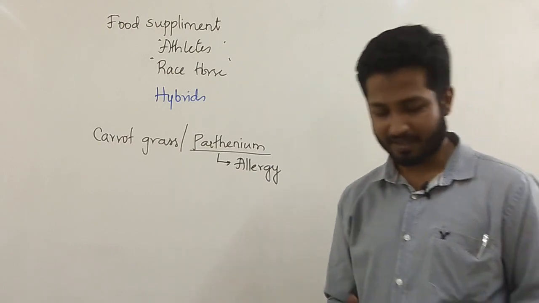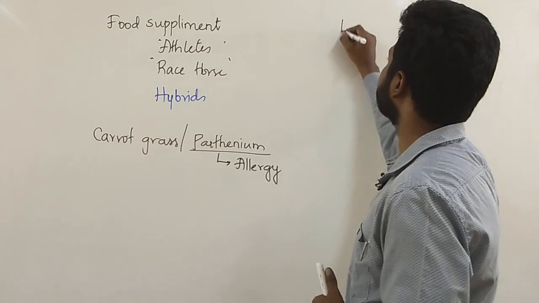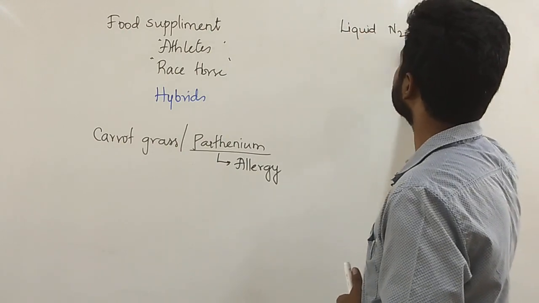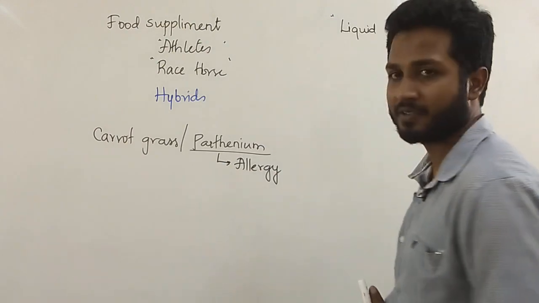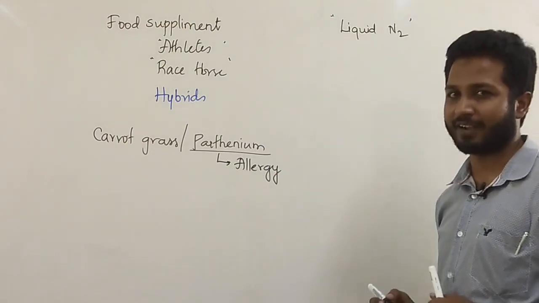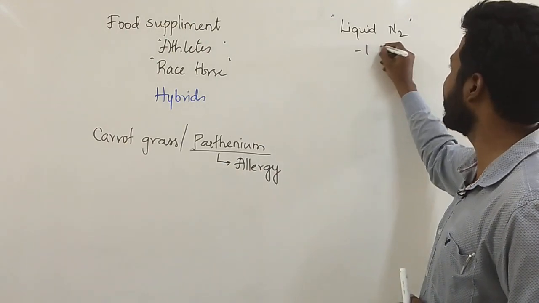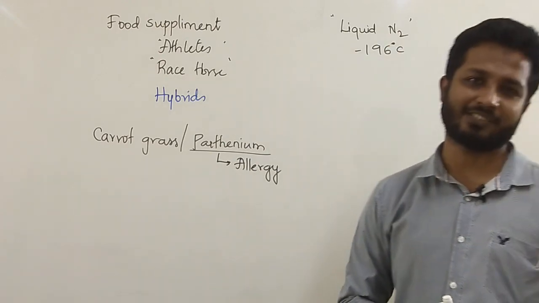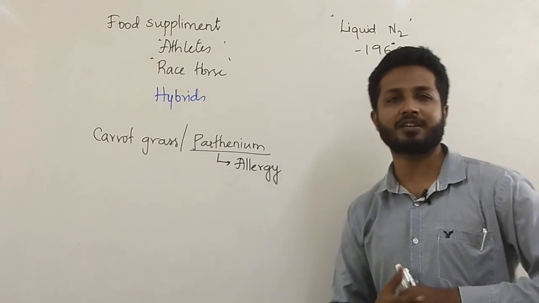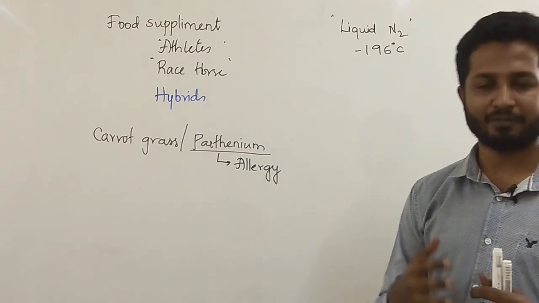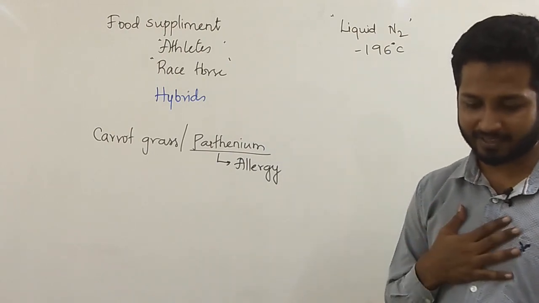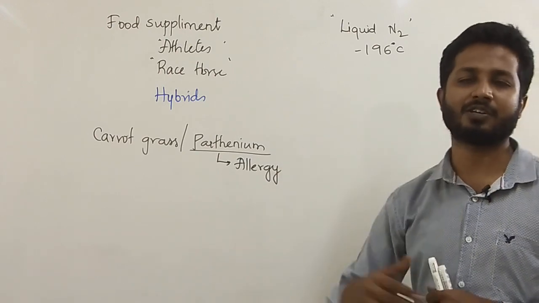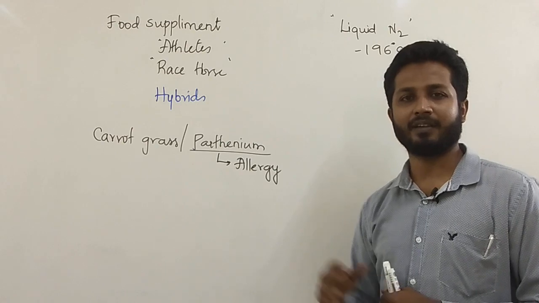We can store them in liquid nitrogen. Yes. What is the temperature of liquid nitrogen? It is minus 196 degrees Celsius. Extremely chilling condition. I have done a project on cryopreservation, so I am specialized in that. So even my research plant is actually being kept in Indian Agriculture Research Institute, IARI, in Hesarghatta.